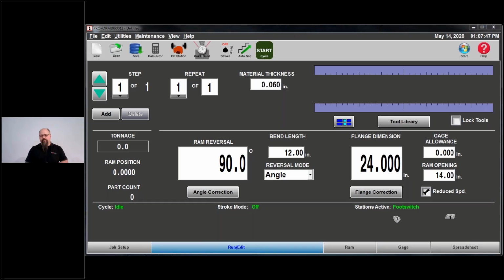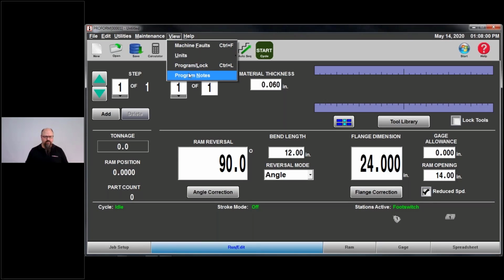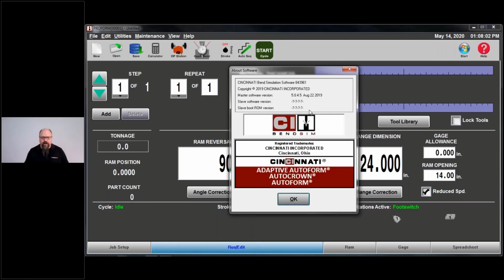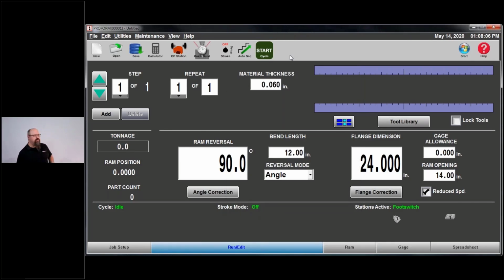So I am running version 5.0.4.5, which I believe is current to just late last year, August of 2019. I know they're talking about a new version, but it's not released yet.